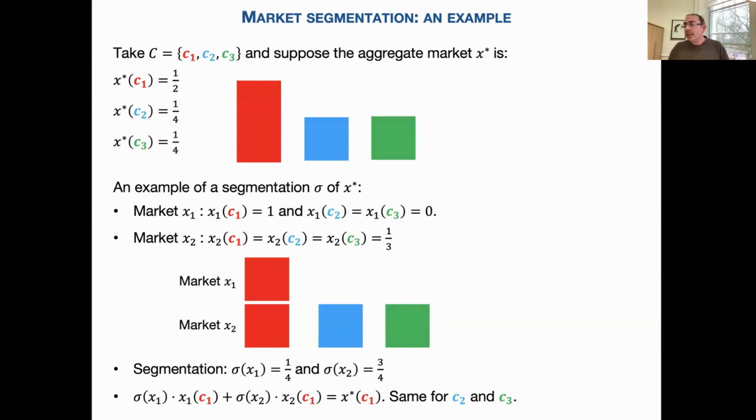Okay. Now the idea is that the platform, by creating this market segmentation, can create potentially different prices for market X1 and market X2. So I can take consumers that have the same characteristics, they're all red, but they may receive different prices. This is what price experimentation is, and therefore I can learn. And the whole question of the paper is how much power do you get by doing market segmentation, given that your objective is to learn the willingness to pay of the consumers.